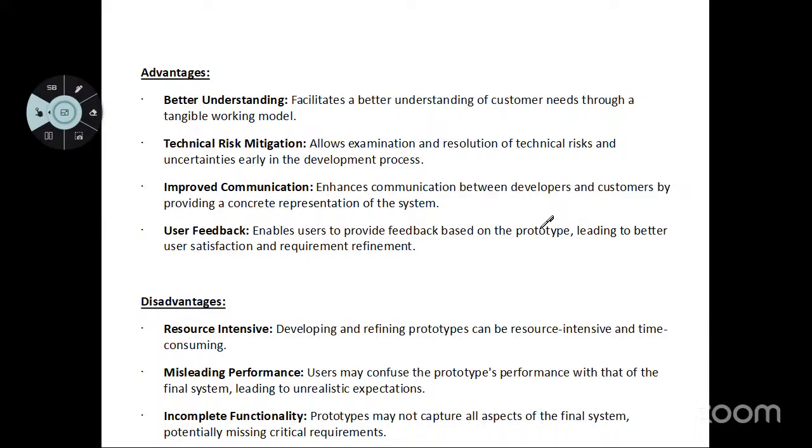So once you are showing your diagram, that is your architecture to the customer, even if you are writing some thousands of lines, he cannot understand anything. But once you are showing one pictorial representation, he can easily understand what you are intended to do and what you are trying to do as a project to the customer. Okay. So for better understanding, we are going for the